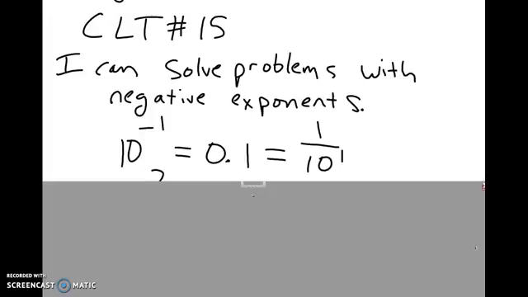So if I see 10 to the negative 1, and I write that down right here, well, if I plug that into my calculator using the exponent button, I get 0.1, and that's the same thing as 1 over 10 to the 1. Similarly,